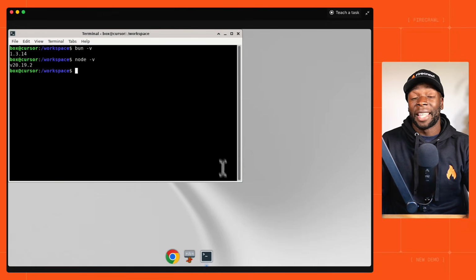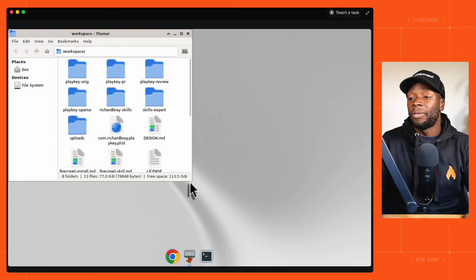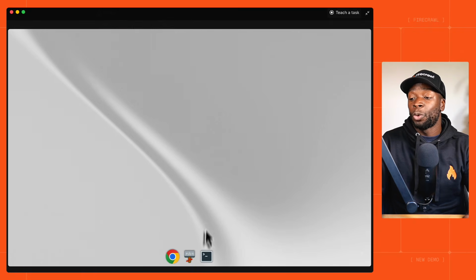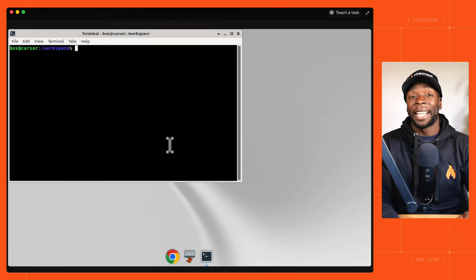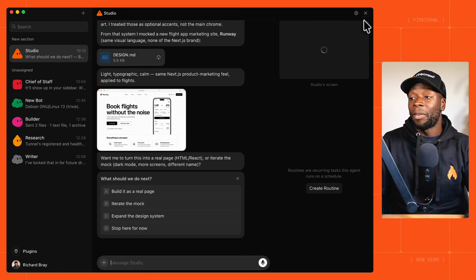And the cool thing about this is that each bot has access to this same computer, but with different screens. So here, if I go to the files, every bot has access to all of these files. And if I install a tool on the terminal, then each bot has access to it too. Now we'll come back to this computer later, but we'll go back and have a look at what the bot